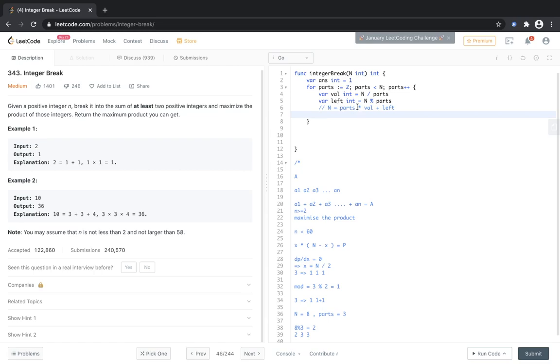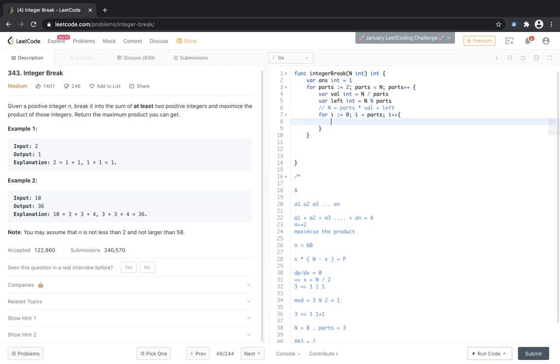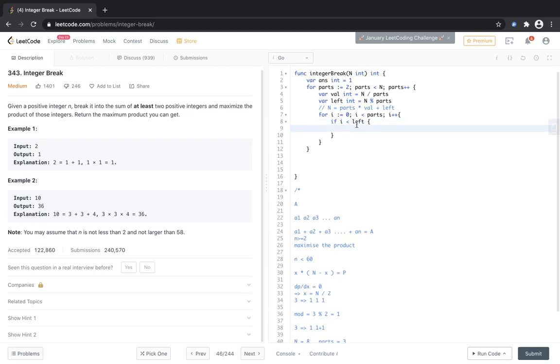Okay, so now what we will do is for i equals 0, i less than parts. Why? Because we have parts numbers, and i plus plus. Out of these, if i is less than left, we know that 1 is added to it.